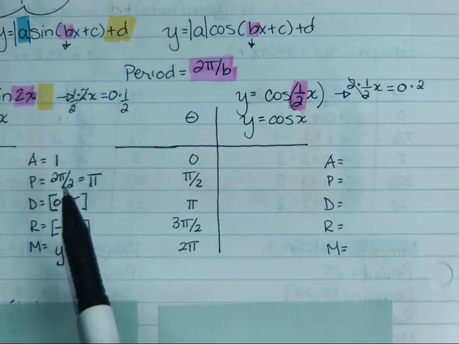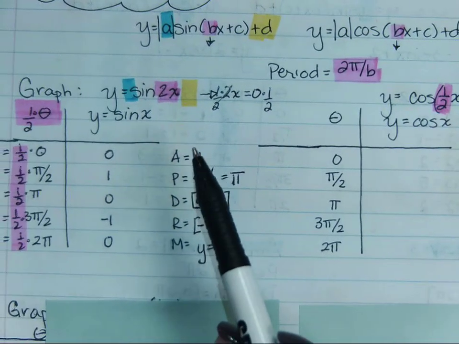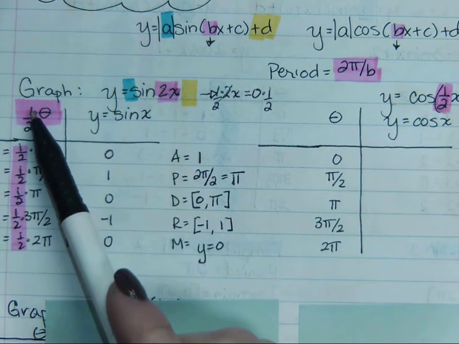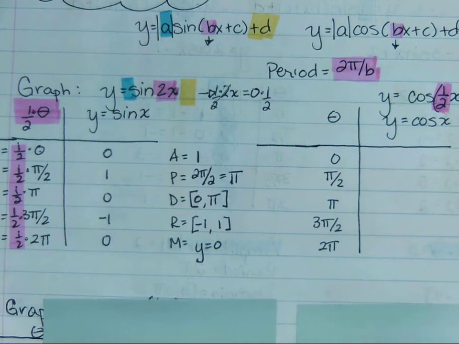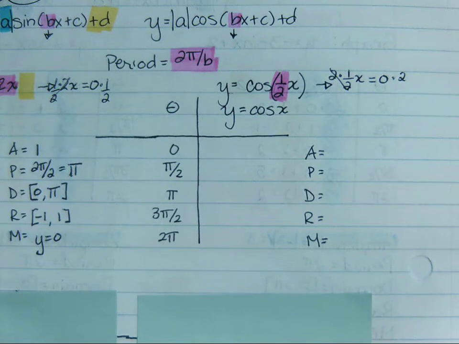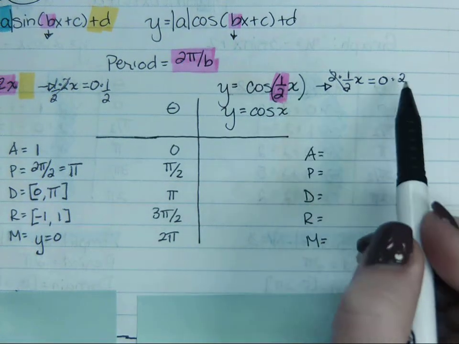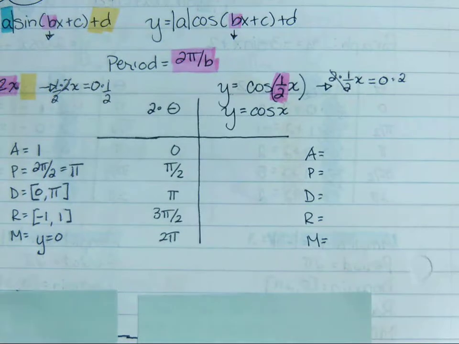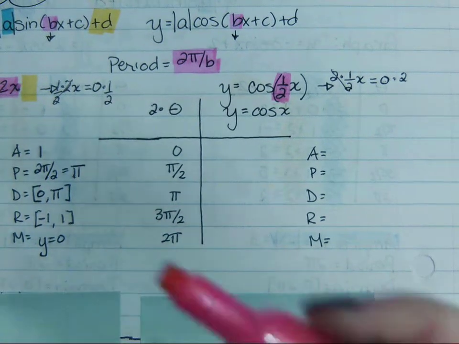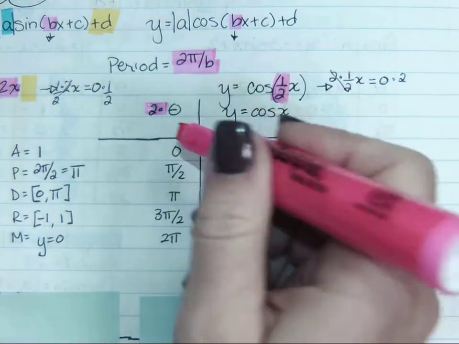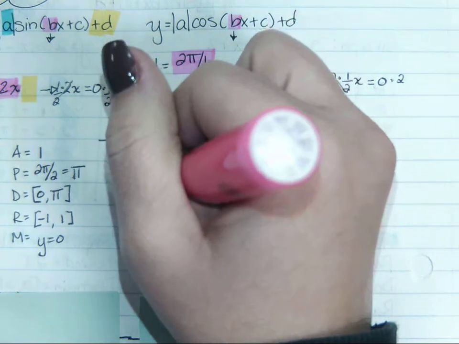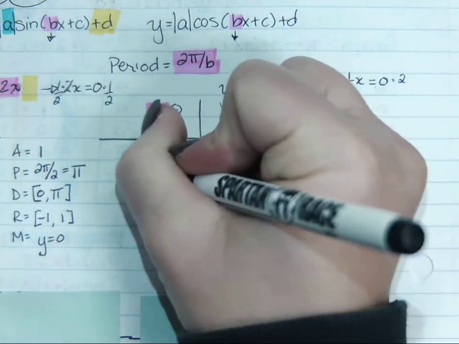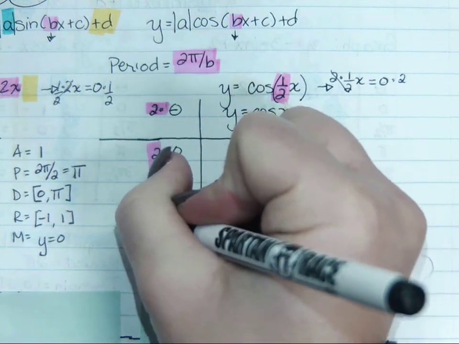Again, just like with the sine graph over here, when it said 2 times x, we actually did the opposite, and we were taking 1/2 of that. Now we're going to do the same thing for here. Instead of it being 1/2 of x, we're going to multiply everything by 2. All right? And so that's going to be what we do to modify all of our thetas and get their new placement. So I'm going to multiply all of my thetas by 2,